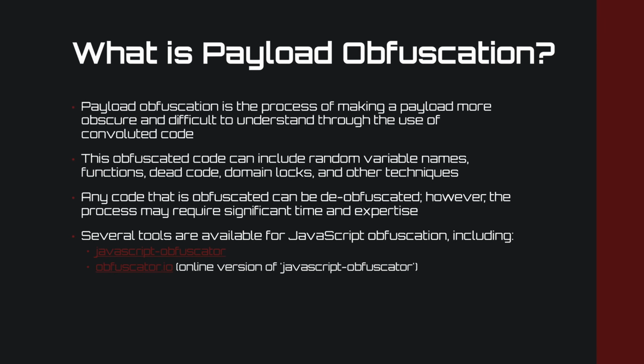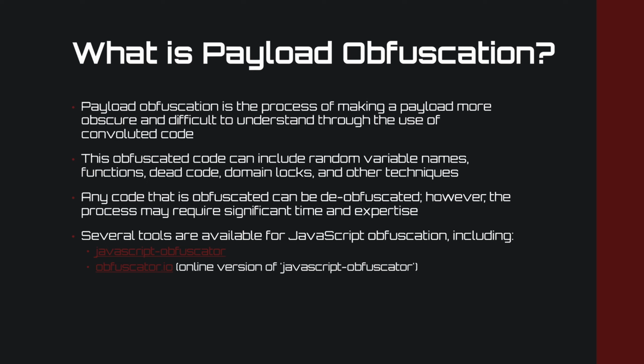So before we delve into payload obfuscation, we best understand what it really entails. At its fundamental level, payload obfuscation is the process of making a payload more obscure and difficult to understand through the use of convoluted code. Essentially, it is the process of taking some source code and performing modifications in such a way where the original source code is still capable of executing its intended functionality, but its contents are structured in such a way that